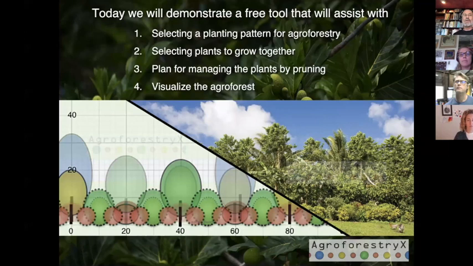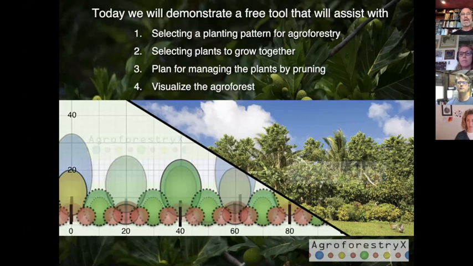So in brief, today we're going to demonstrate the tool, which is, as I mentioned, a free tool. It's live now, and thanks to the Natural Resources Conservation Service, it will be free and live through 2023 at least. And so we're going to demonstrate first selecting a planting pattern, how plants are growing together in a multi-story system.